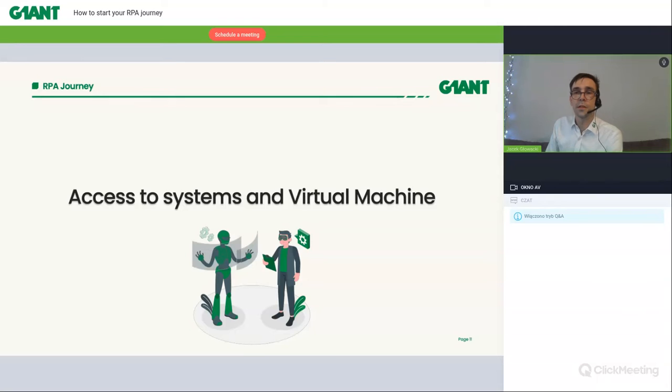As I said, we need access to the systems, to all the necessary systems. If you have a couple of them, we need to have all those logins. They will be stored on your machine, so we won't have any access to these credentials. We're going to set up the robot exactly as you want, so it can be set up on your virtual machine, for example, but it can also be set up on your computer. We can set up the robot basically in almost any environment.